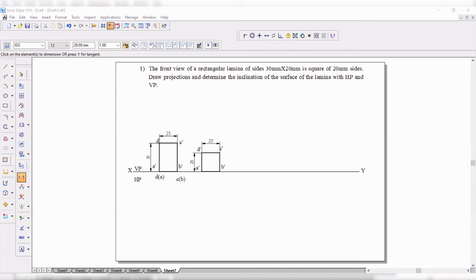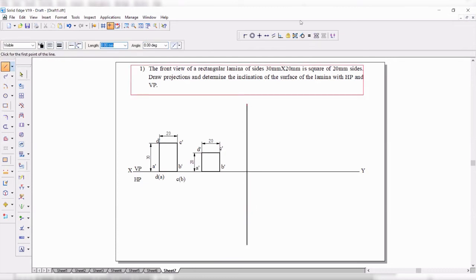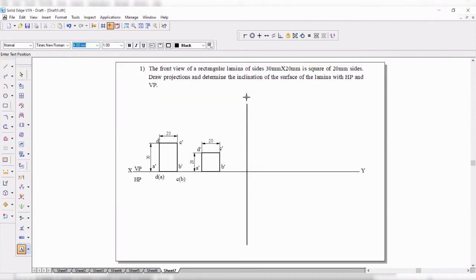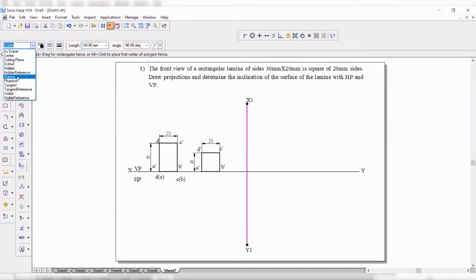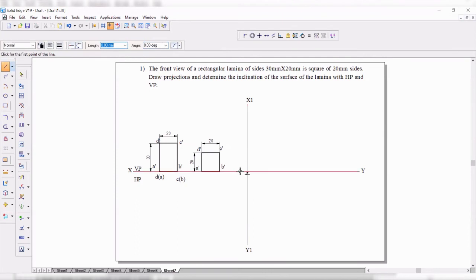So first draw the side view, because nothing else is given. The angle is 45. I have drawn it now.